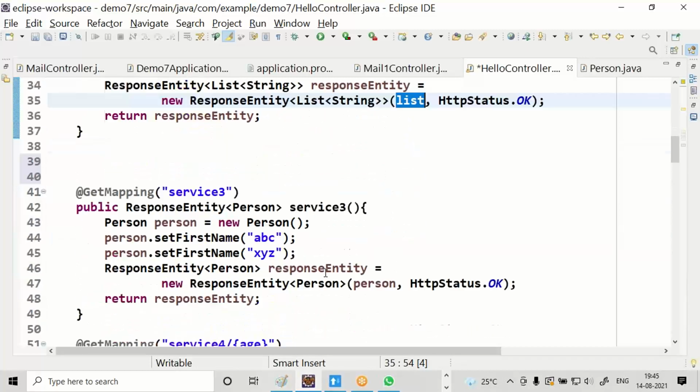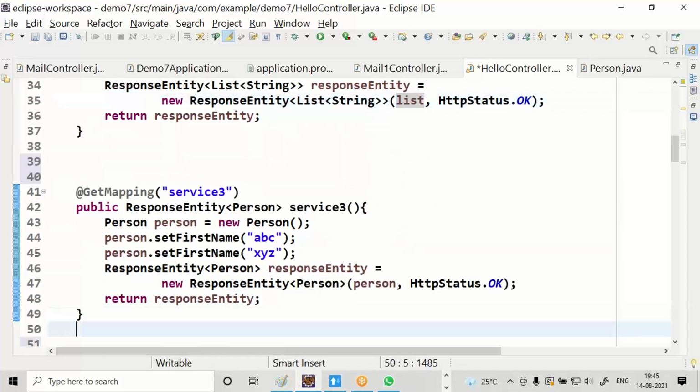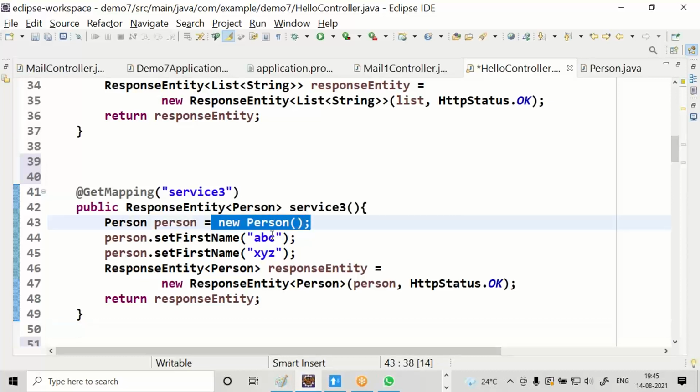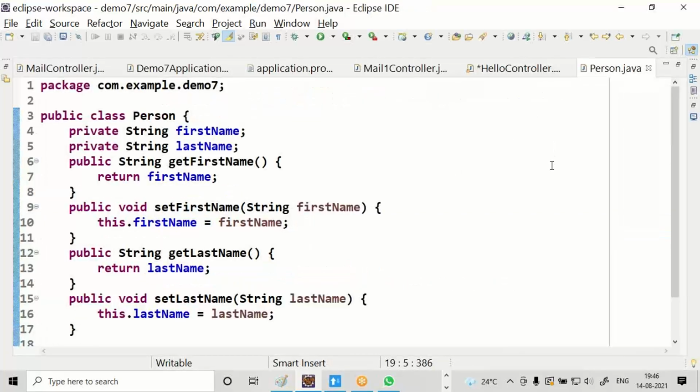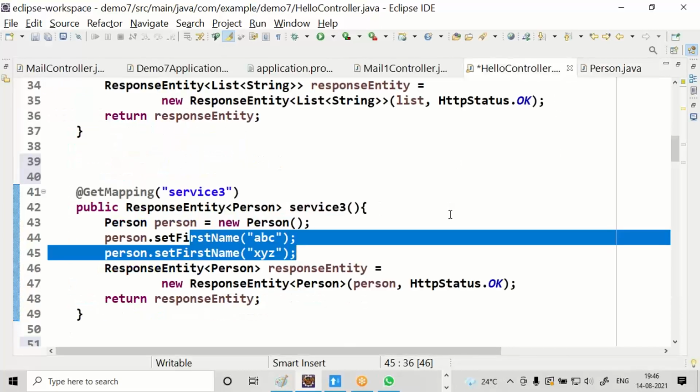Come to service 3. Create a person object, store first name and last name. This is our person object. Don't return person object alone.